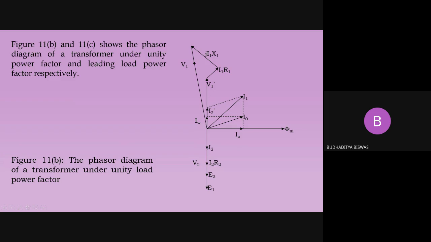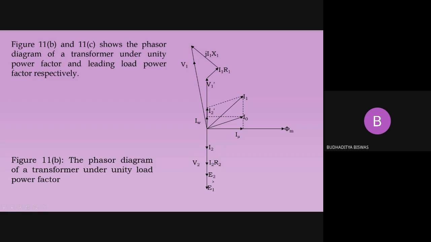Here you see V2 and I2. First you forget all this figure and you see the V2 and I2 should be in the same axis because the load is resistive. After that we need to find the I2 value, because this I2 is not only flowing to the load but also through the resistance and reactance. But as their phase difference is 0, we should not get any reactive voltage drop. So we only get the resistive voltage drop, which is I2 R2. Then if you take the summation of V2 and I2 R2, we get the E2. E2 and E1 should fall in the same axis. The rest of the part is the same.